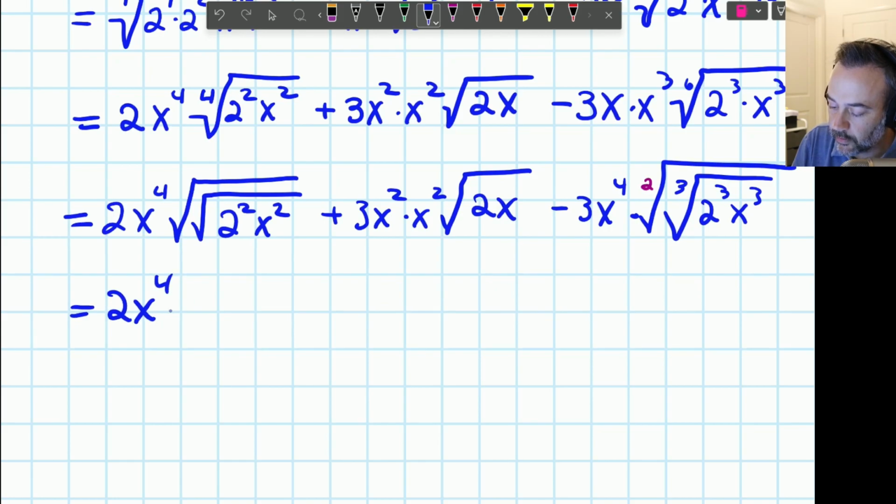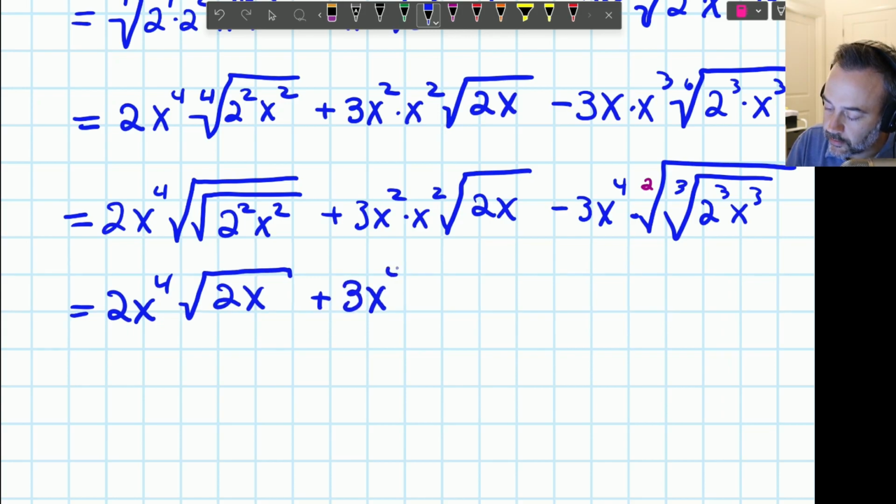2x to the 4th, square root of, I'll put it over to the side a little bit so the power of 4 doesn't look like it's the index of the radical. Square root of 2 squared x squared is 2 times x. Now I don't need to worry about absolute value because we've already analyzed from the beginning that x cannot be negative. But I would have to worry about absolute value there. Okay, I would have 3x to the 4th